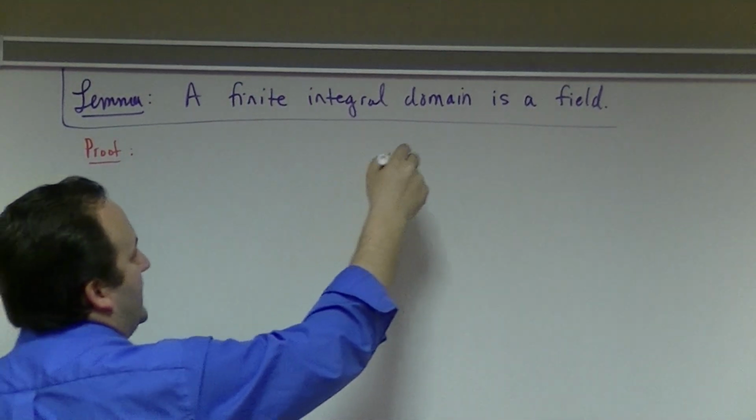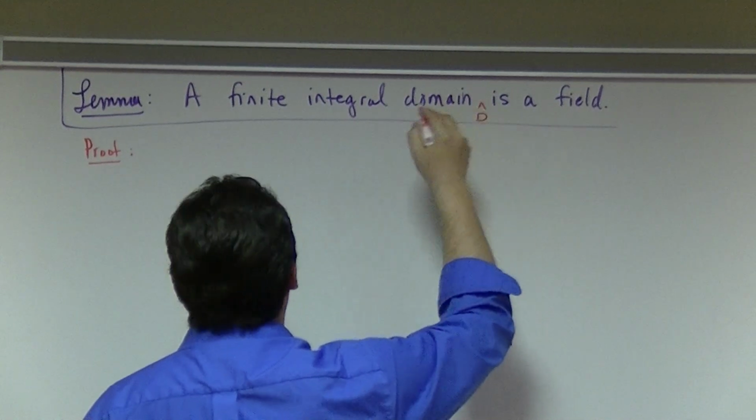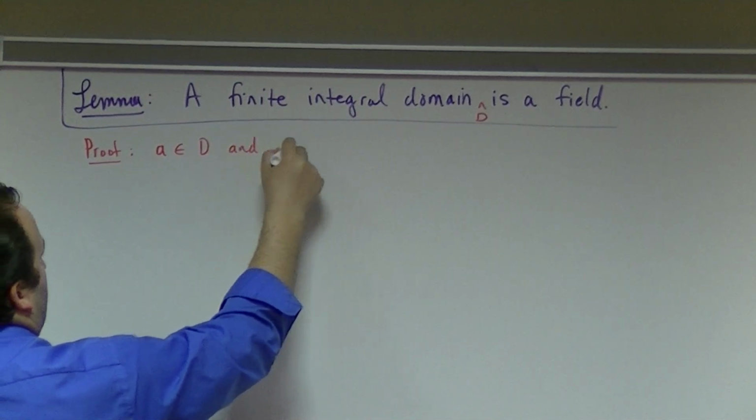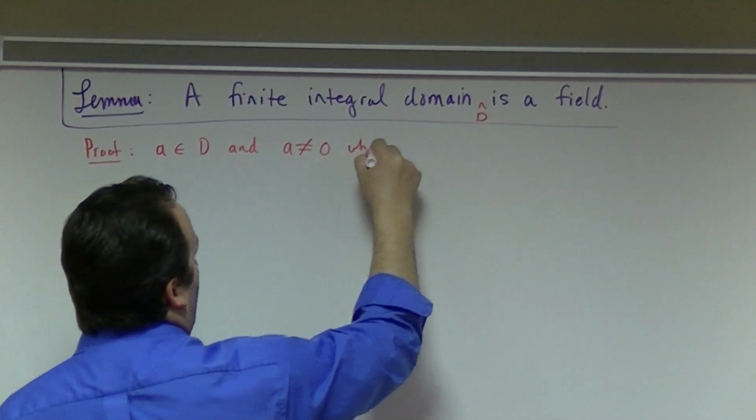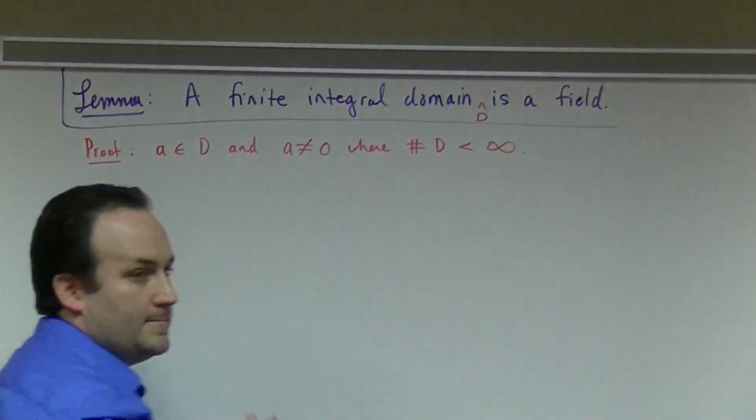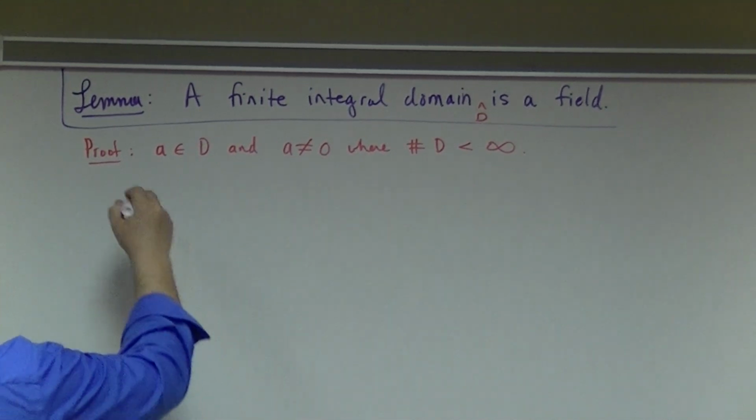Oh, I need to come up with a name. Let's call this domain, usually I use D for domain, integral domain. So suppose a is an element of D and a is not equal to 0, where the number of things in D is less than infinity. If you want me to get all highfalutin, the cardinality of D is finite. Anyway, I think D works good. Okay, so consider